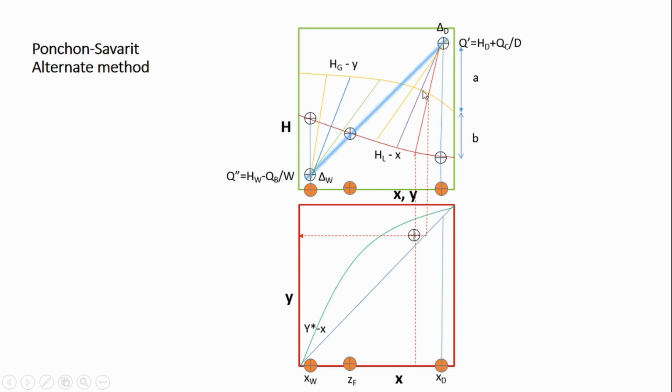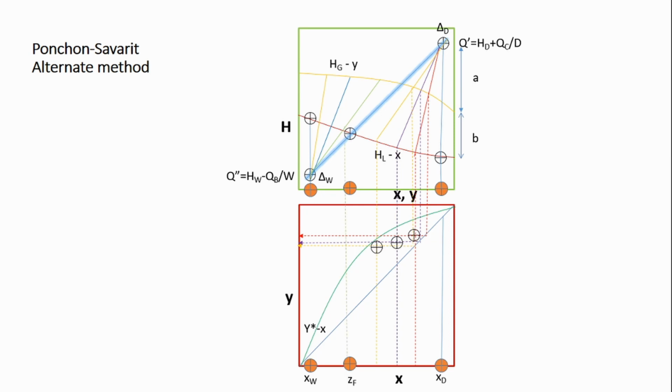Similarly do for the other lines. Drop this X line, can get this Y line. Okay, intersection of X and Y, this is a point on operating line. Similarly for the other line, X point, Y point. Okay, the intersection of these two is a point on operating line.